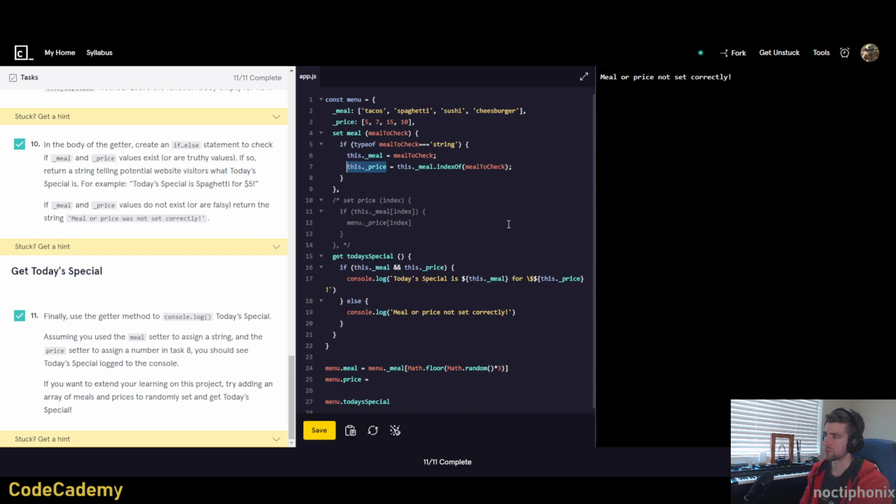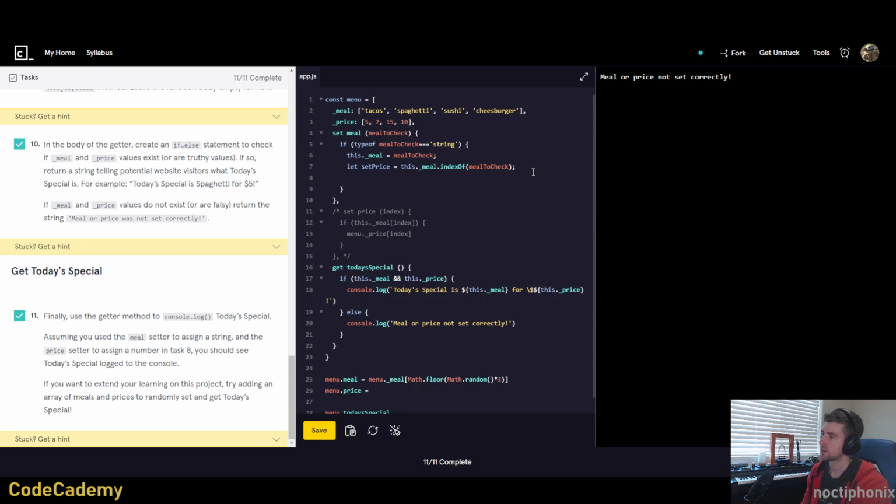All right, so I'm gonna go down that rabbit hole of doing a variable, and this is gonna be like let setPrice equal to the index of meal with the meal to check. So if it's spaghetti, then it would come back with 1. Sushi, it would come back with 2, etc. So let's set that, and then this._price, we want to return the value of that. So then return,